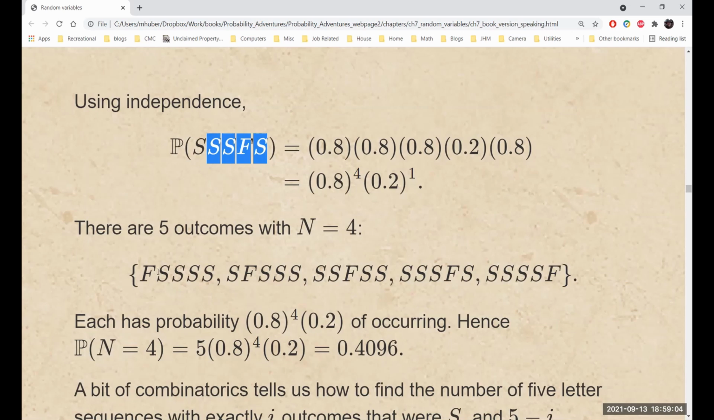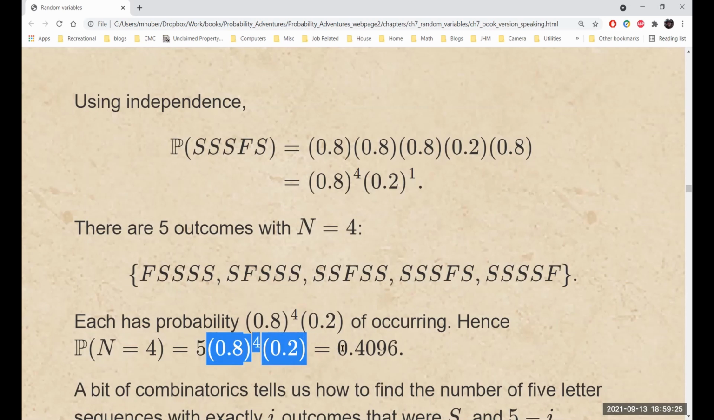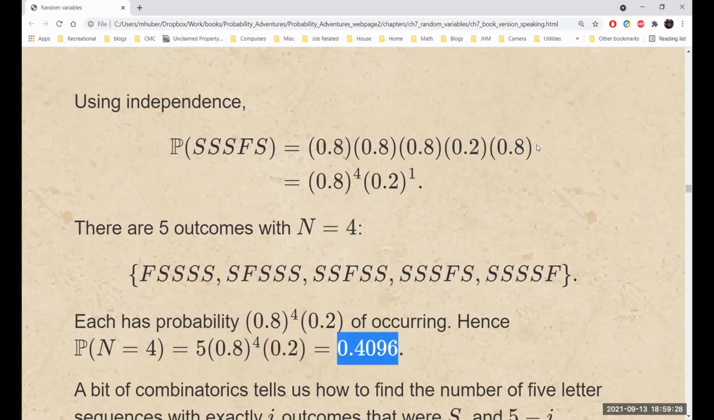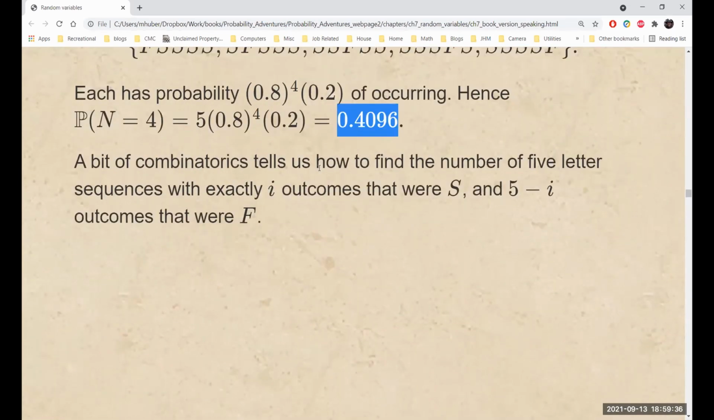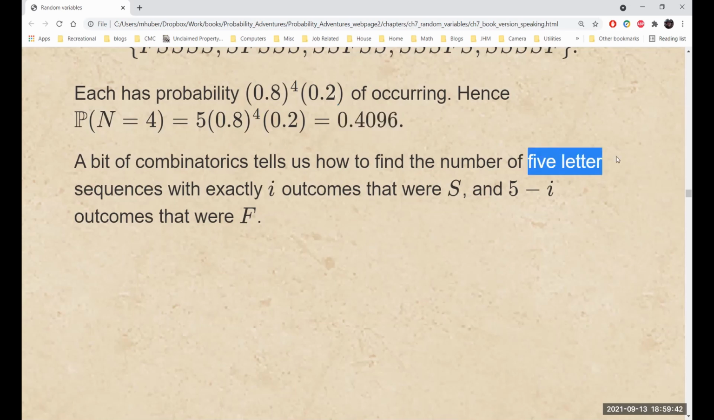We could have FSSSS or SFSSS. In fact, that 1 F can go in any of 5 positions. And so there are 5 different ways of having 4 S's and 1 F in a 5-letter sequence. Multiplying that by the probability of each sequence tells us the overall probability that n equals 4, which is almost 41%. Now, a bit of combinatorics is going to tell us exactly how to find the number of 5-letter sequences